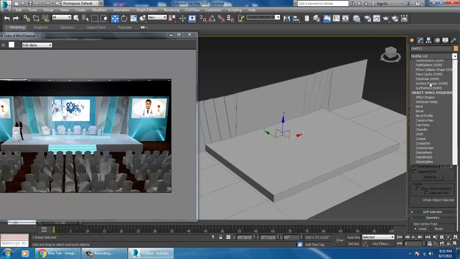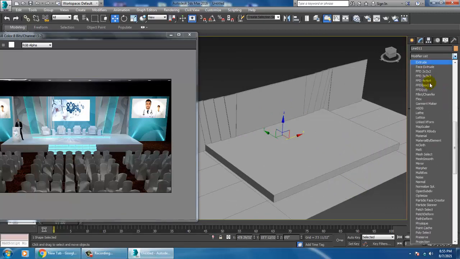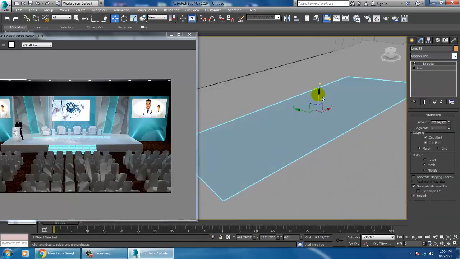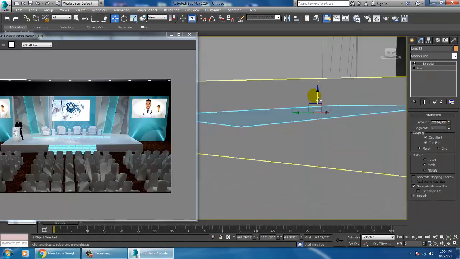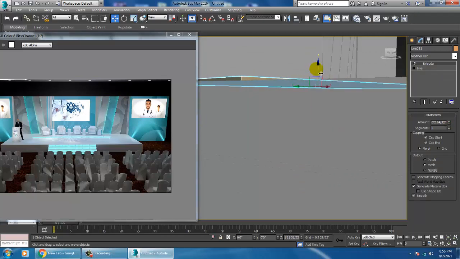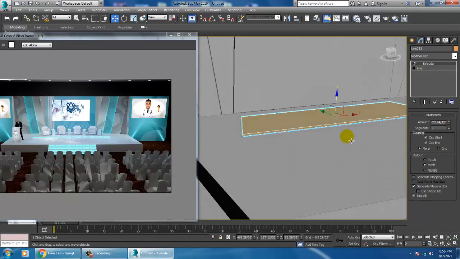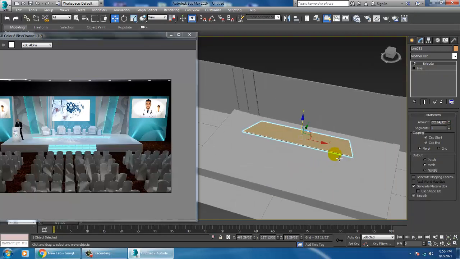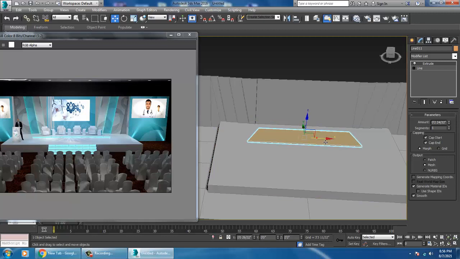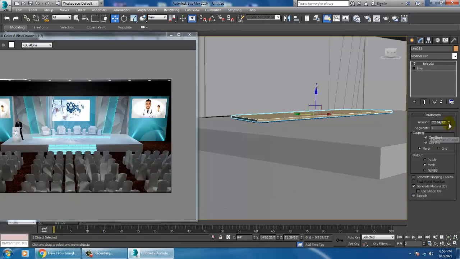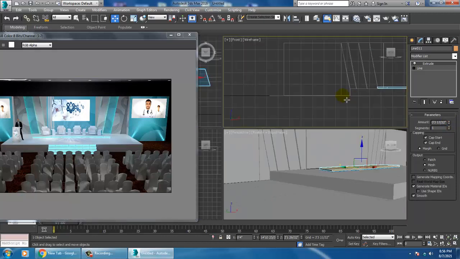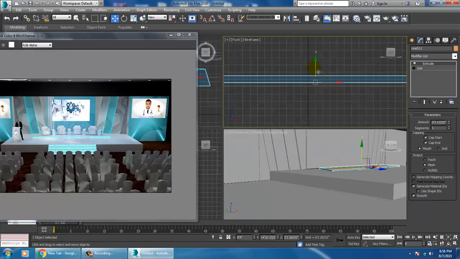Let's go into this and give a slight extrude modifier and slightly shuffle this up accordingly. So push it down.